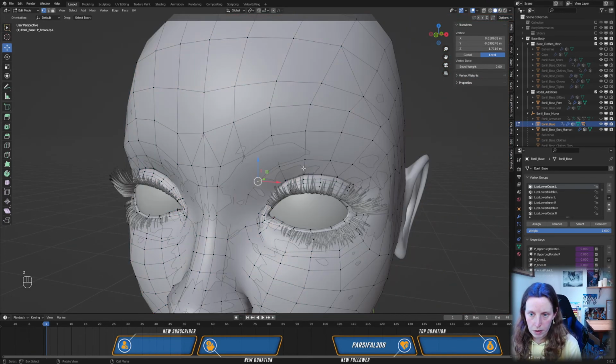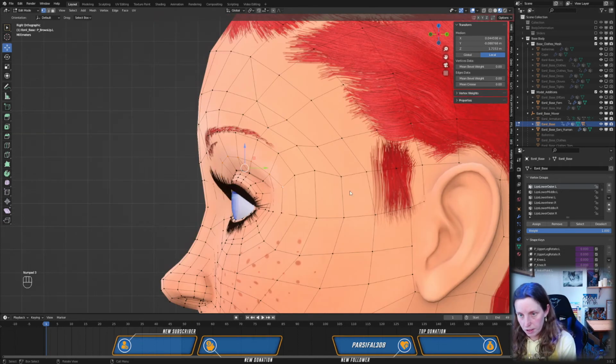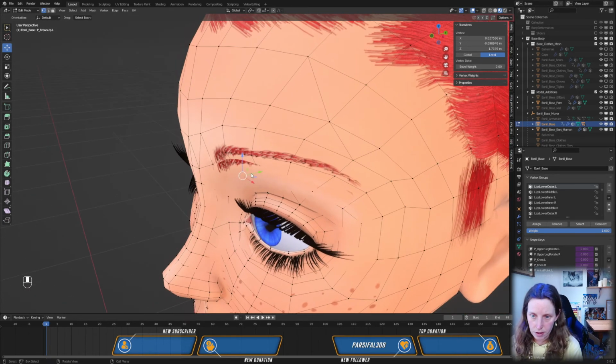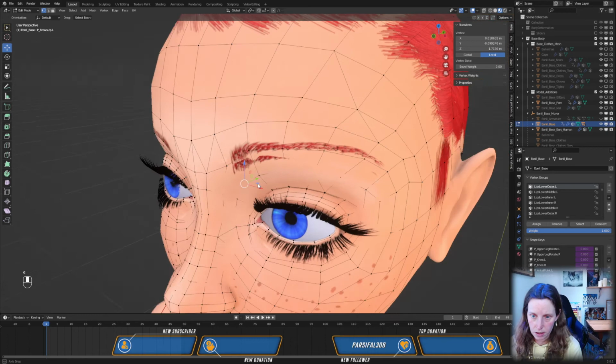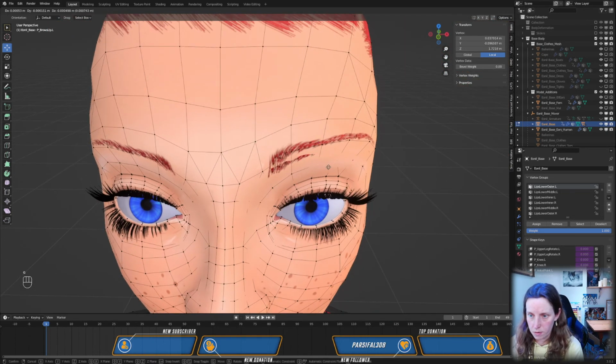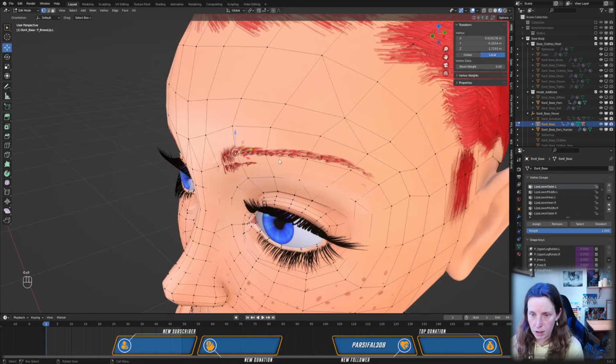Going to select these and move them up a little bit. Here. And then I'm going to take this one and this one here, and just overlay them with the other mesh. I mean, it doesn't have to be perfect, but